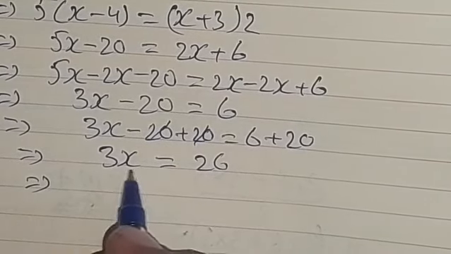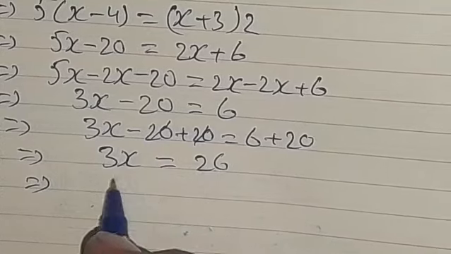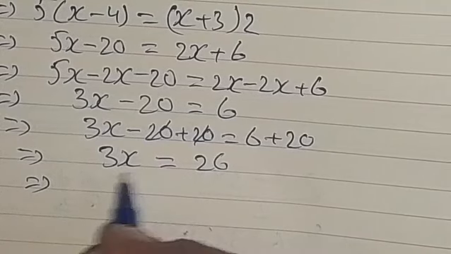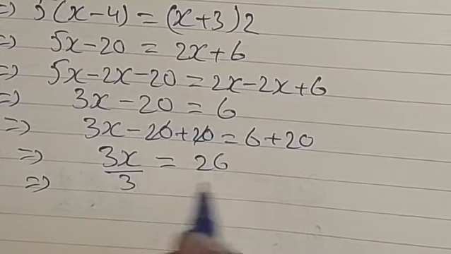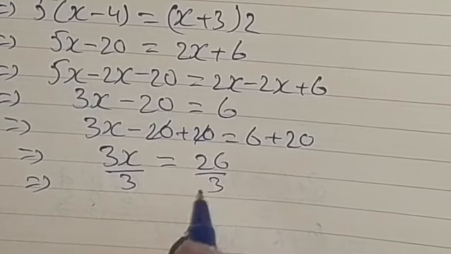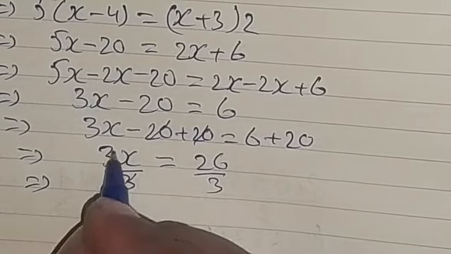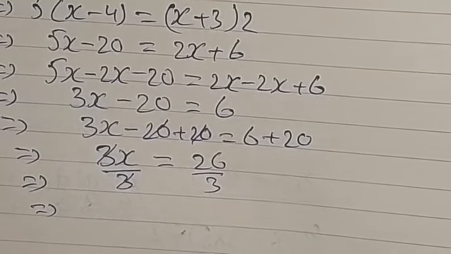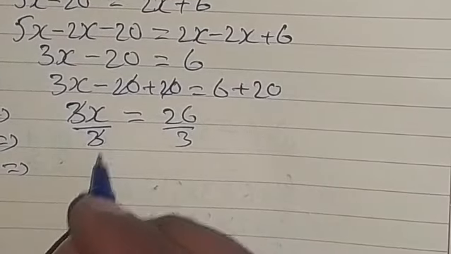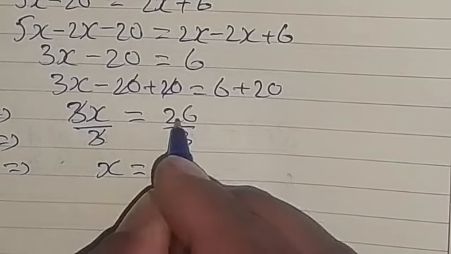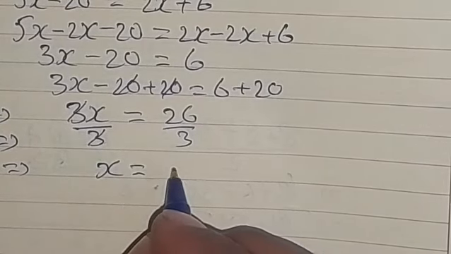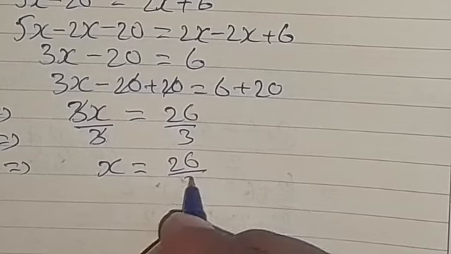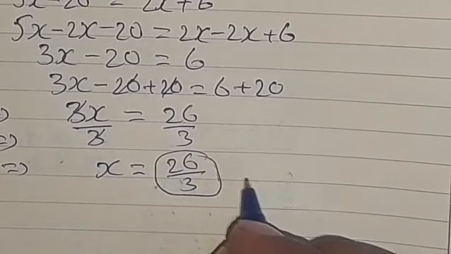Now we divide both sides by 3 to find the value of x. So 3 divided by 3 cancels, the denominator cancels with the numerator, and the value of x is 26 divided by 3. So the final answer is